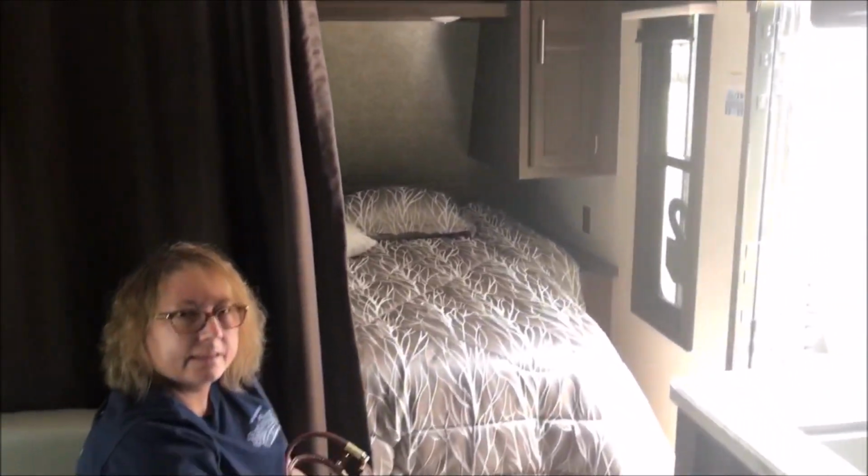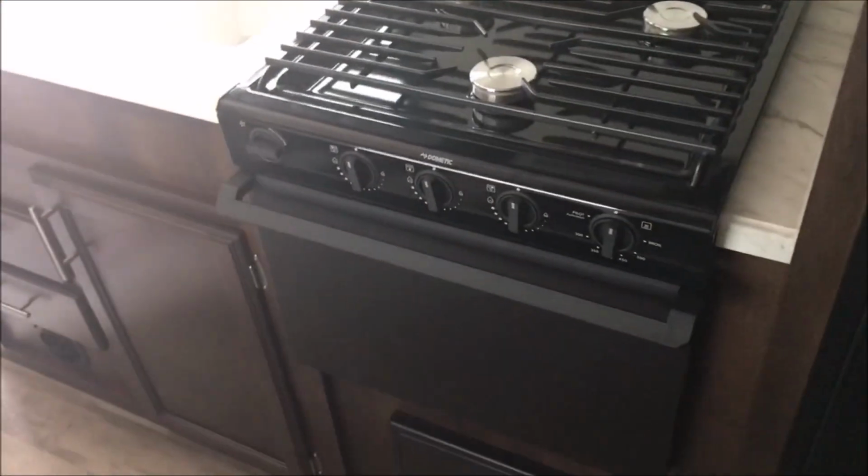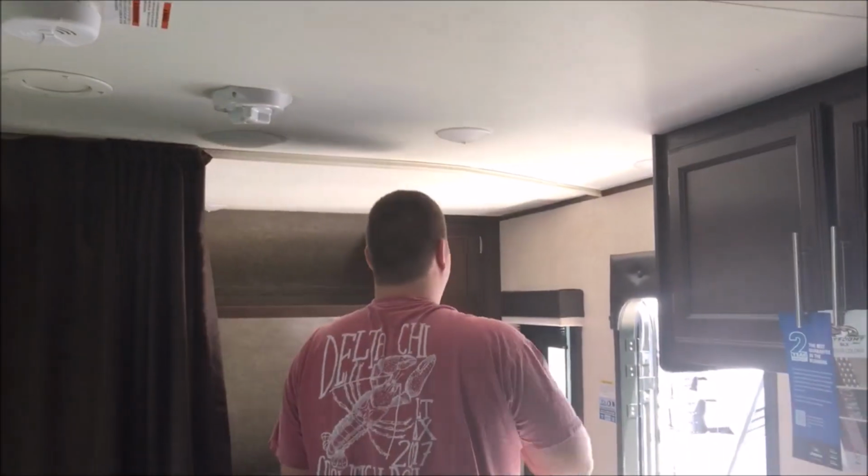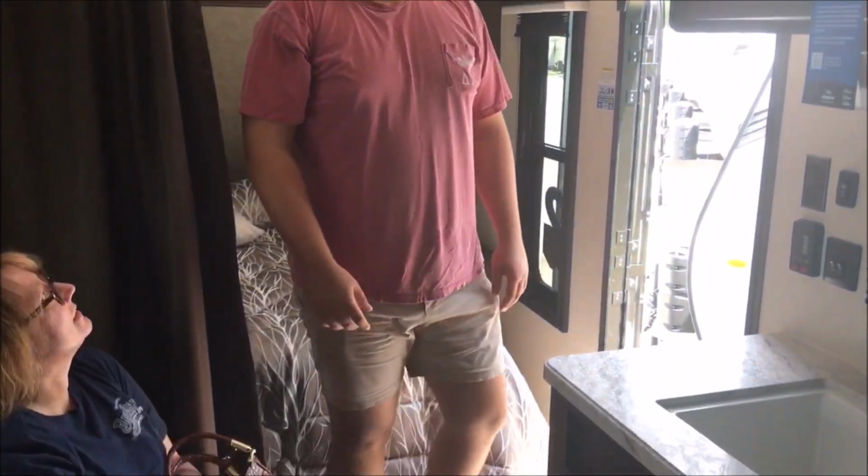No slide. Storage. I don't know how. It's got a queen bed up front. You gonna turn around and slide down? Like I got in? Oh wait, there's Thomas blocking the shot. Okay. He's 6'4" and he can fit and walk around nicely. Yeah, he's a portly boy. So anyways,